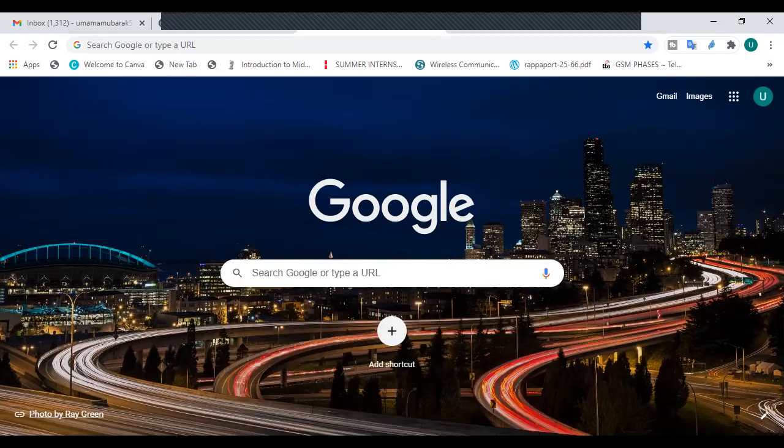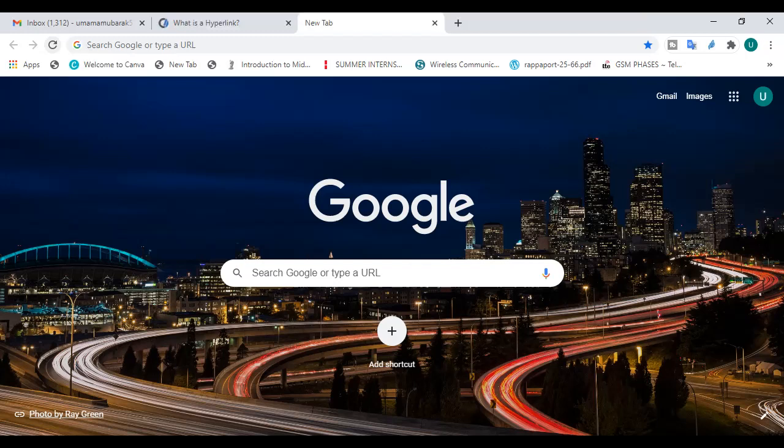On this page, some other important things are these two arrows. If you click on the left arrow, as it is written, click to go back, it will take you to the backward page. If you click on this one, it takes you to the forward page. Beside this, there is this turned arrow. This is used for refreshing. Let's say you were searching for something and your internet got disconnected, so it got interrupted. You will click on this, and it will reload or refresh the page for you.